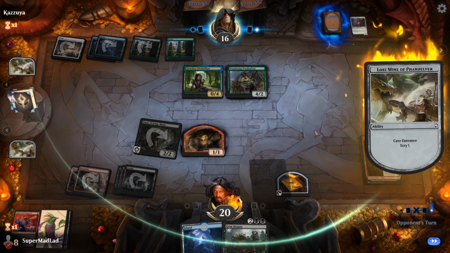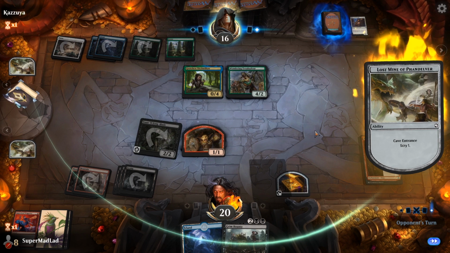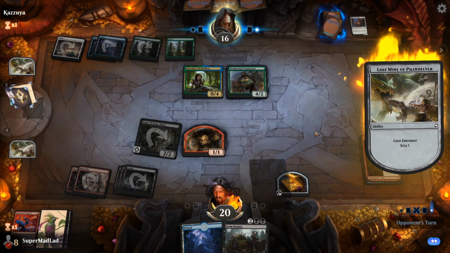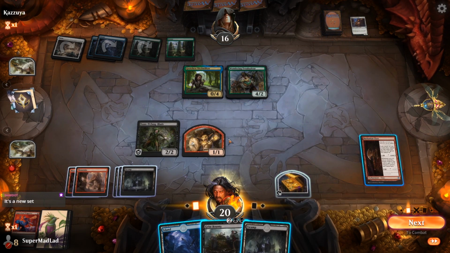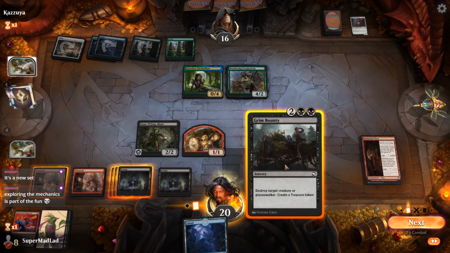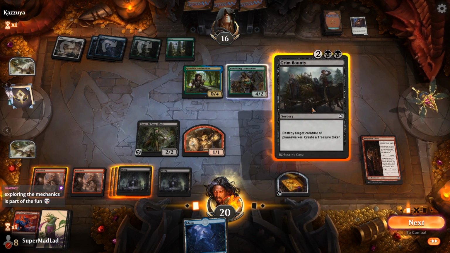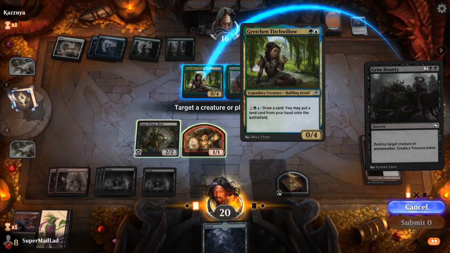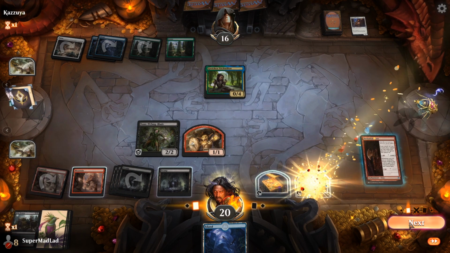I do have a slight concern that I'm committing too much to venturing. But I'm not sure. To the bottom. Don't need to show them the blue yet. Exploring mechanics is part of the fun. This is true. So is a 4/2 something I care about? I mean, sort of. This is draw a card, put a land from your hand onto the battlefield for 4 mana. It's kind of annoying, but it won't threaten my board state right now, so...